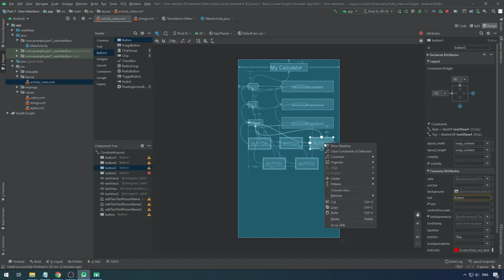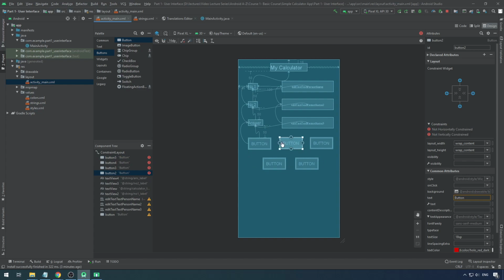This one was the same: right click, clear the constraints, select this, right click, clear the constraints, select this, right click and clear the constraints, right? Now click on the button, just constrain it to the sibling, just over here, and then constrain this. First of all, let's make it 30, right? And then right click on the button and say show baseline, and then constrain this to the baseline of